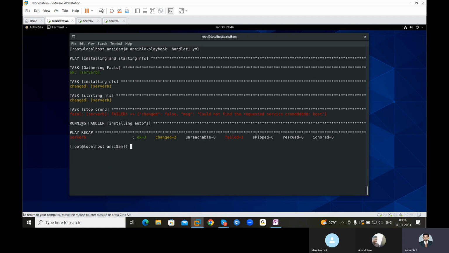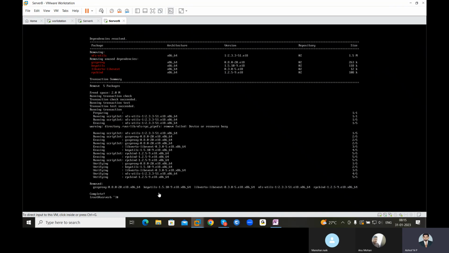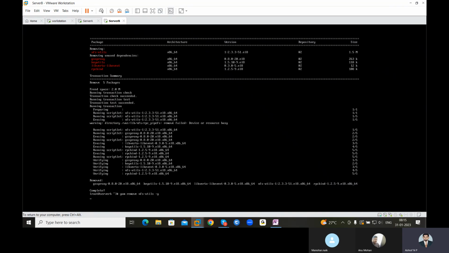Understanding. So finally, look here. We have notified the handler task from the second task. The second task runs successfully. Even though it executed successfully, the handler is not executed. Reason: one of the main tasks failed. The handler is not executed because one of the main tasks failed. How to overcome? You can overcome this by using a special key.